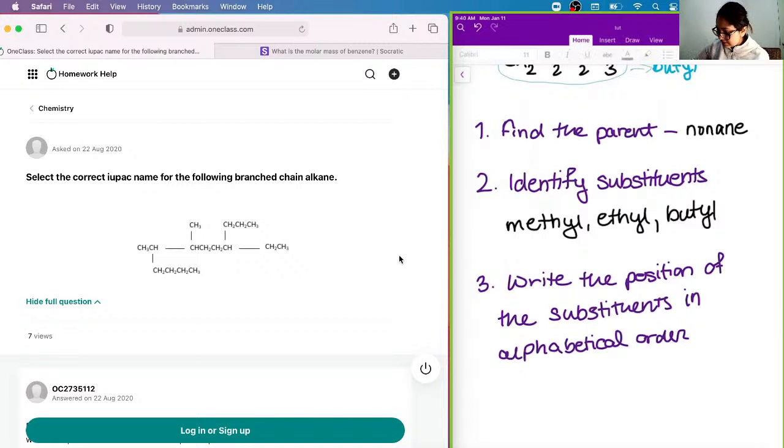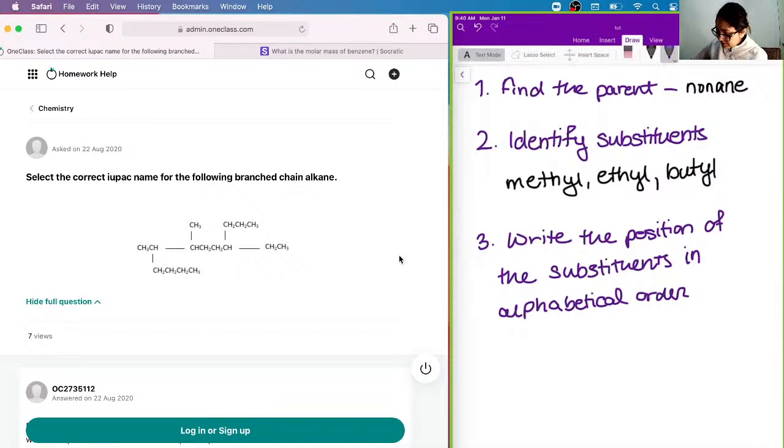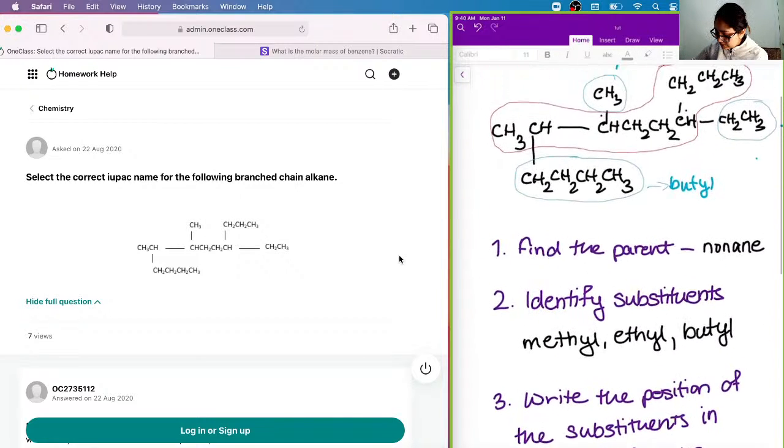And so you guys can see that our substituents are methyl, ethyl, and butyl. From these 3 substituents, going in alphabetical order, you know that butyl is first since it starts with a B. So we can see where our butyl is